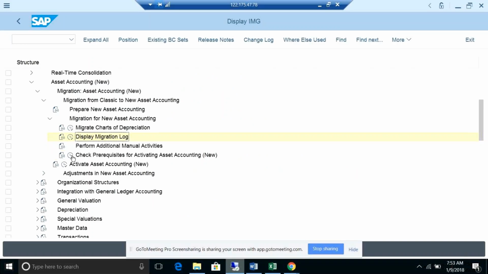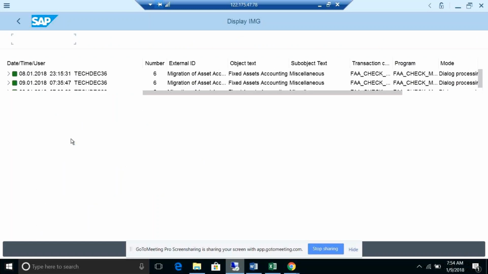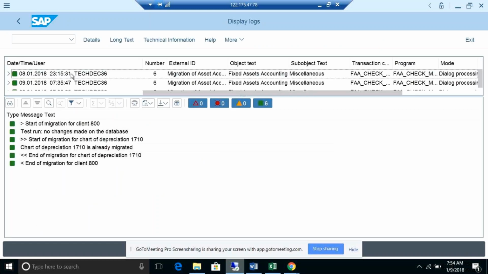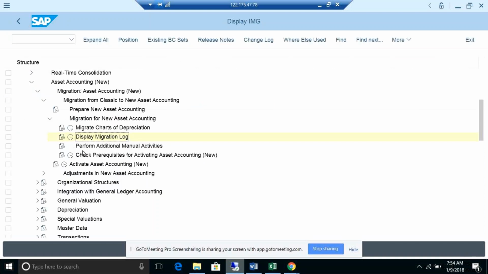Okay. This is what we are talking about with check prerequisites. Anyway, in the migration also, these are all the things that will come, and here also they are given. So the same path you will get in the migration path also. First we need to migrate the chart of depreciation, and this log will show whether you are good to go or if there are any errors. For example, if you have made some mistakes, it will show you those errors, and then you need to rectify all those things. For example, if I have not defined my chart of depreciation properly, or did not sync up my currency setup from GL to asset accounting, then it will throw you the error. So then you need to rectify all those things, and then it will allow you to move forward.